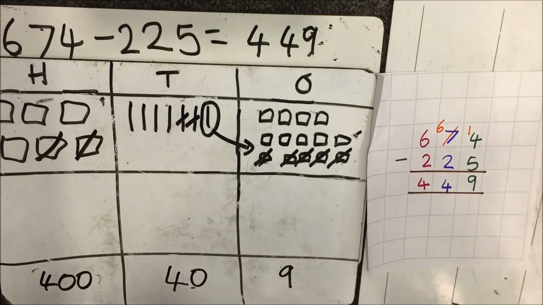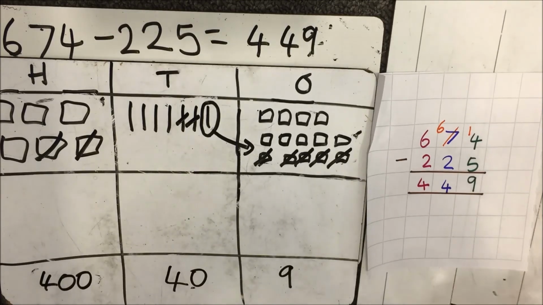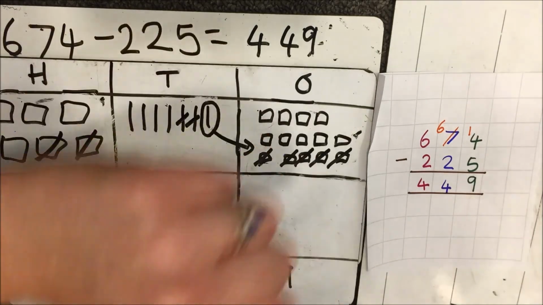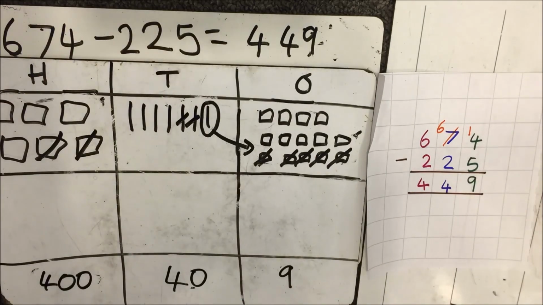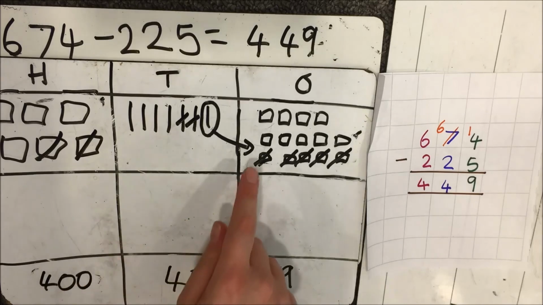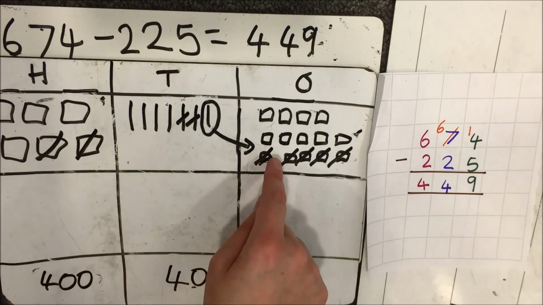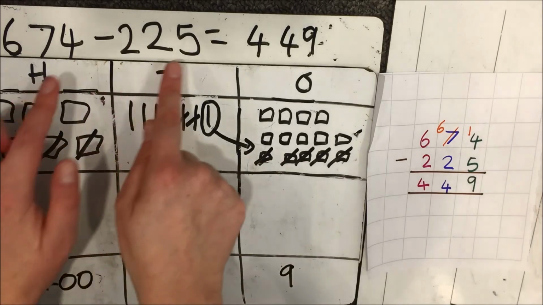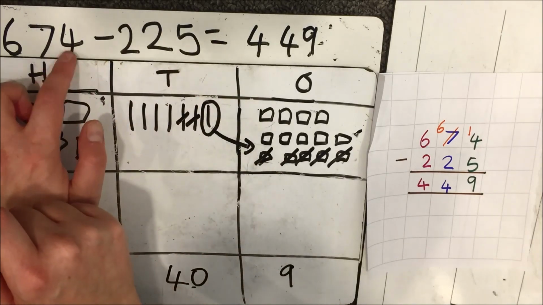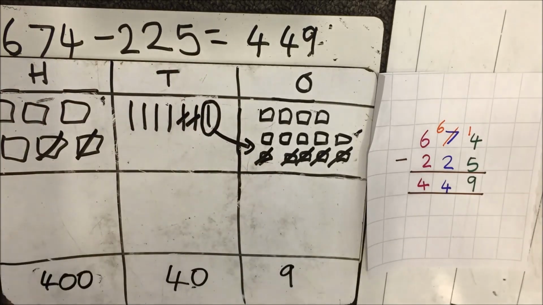I would now like you to complete the work set on your portfolio worksheet. You have got some word problems first of all, and then at the bottom you have calculations where you have to tick if you think you need to change the tens into ones. When do we do that? That's right, we only need to change the tens into ones if there are not enough ones to take away. So you need to look at your ones. If this one is bigger than this one, do you need to change? No. If the number's bigger